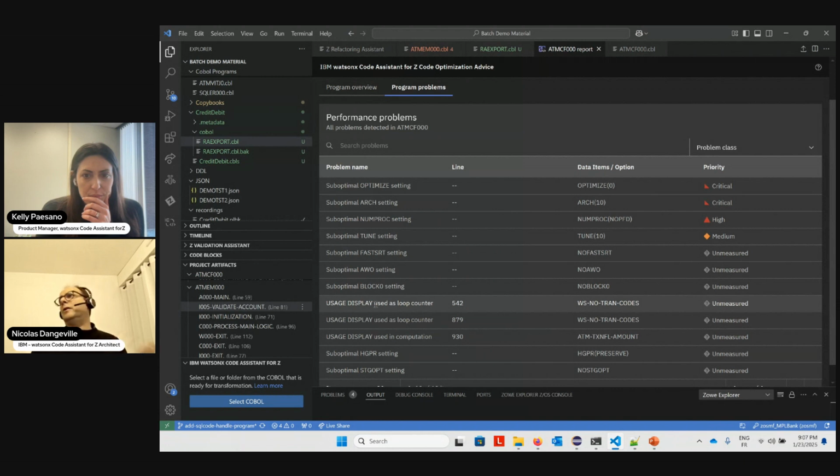And if you discuss with customers, and you may have that in your organization, you know that it's not to criticize the way that developers do nowadays, but they do it fast because it works. It's good enough, but you can do better. Usage display in a counter, it's not a good idea. So it's going to give you several pieces of advice like that for you to adjust your build process, your compilation options, and also the coding in your program.